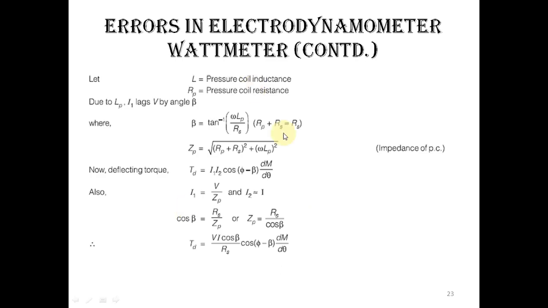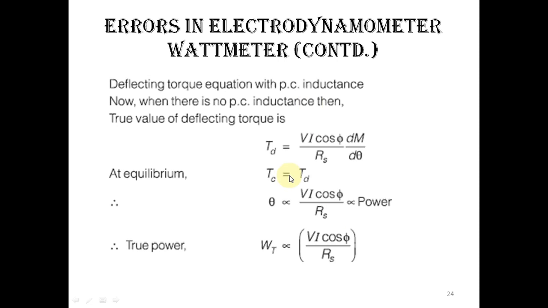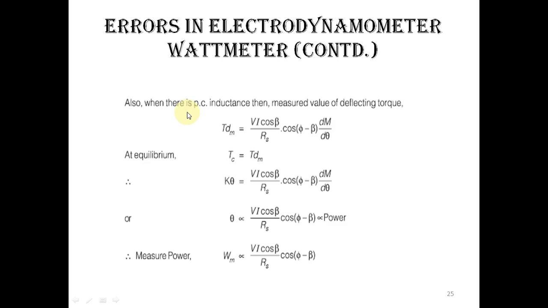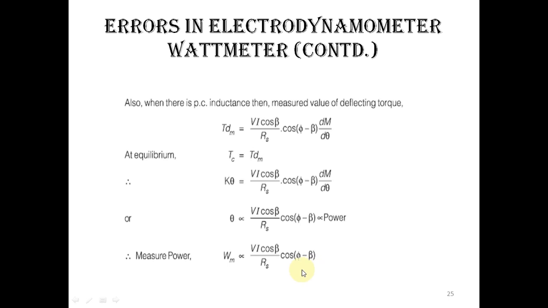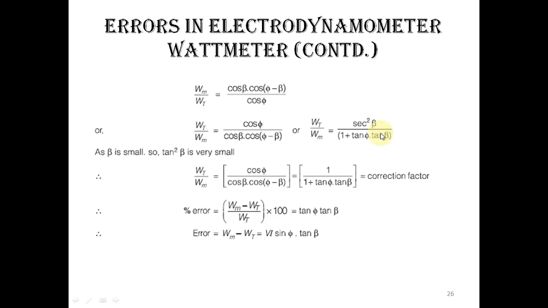This is the mathematical deduction. Here I think beta is taken instead of theta. Okay. And due to this, what is the error that is calculated? That is calculated at last: the true power, VI cos phi, should be the true power, but due to beta, your power becomes this one, the measured power. So instead of true power Wt, the measured power Wm is there. So obviously the error is introduced, and you know the formula: measured minus true, whole divided by true, into 100, that is your percentage error, calculated over here. Okay, some mathematical manipulation is there, I am not going into that detail.